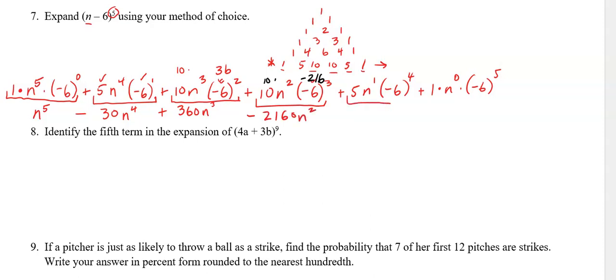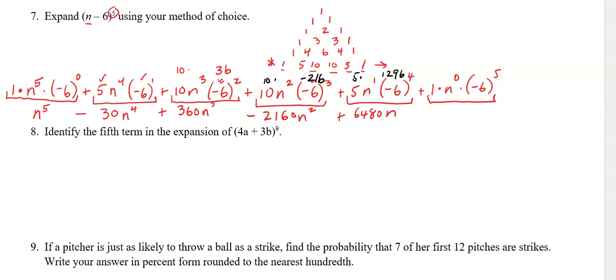All right, now I'm ready to work on the 5th term. So this time I'm going to raise -6 to the 4th power, and that's 1296. Okay, so doing -6 to the 4th is 1296, and now that needs to be multiplied times 5. 1296 times 5 is 6480, and it's going to be plus 6480 n. And then my last term,